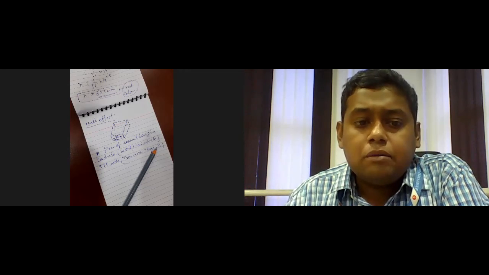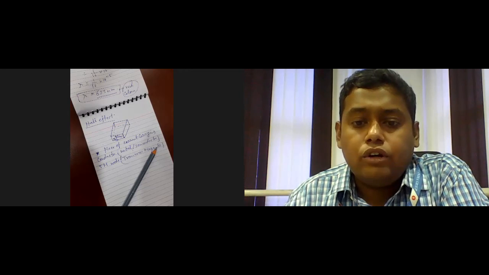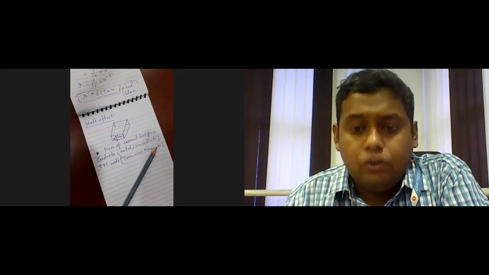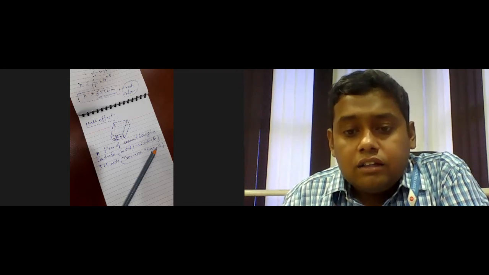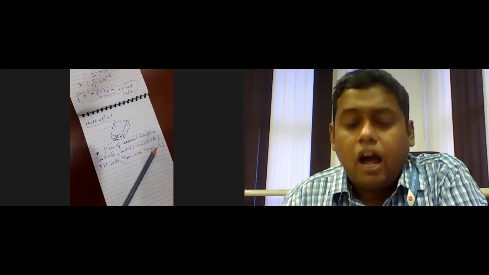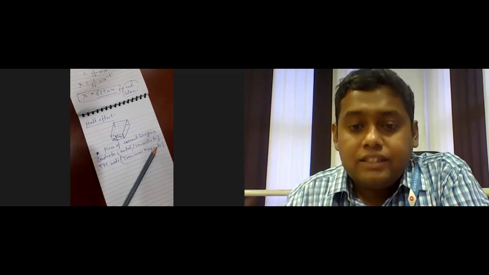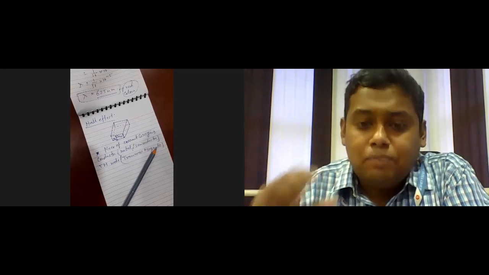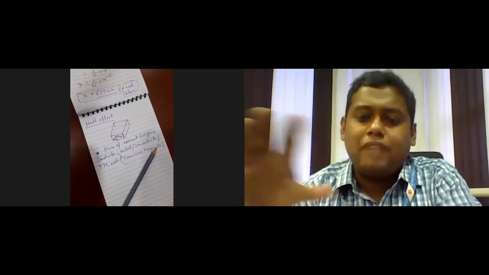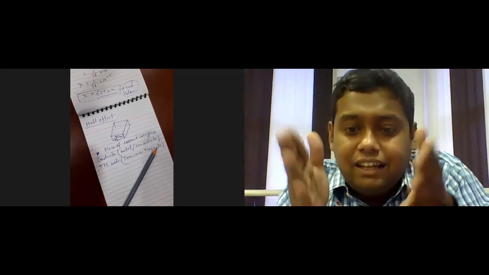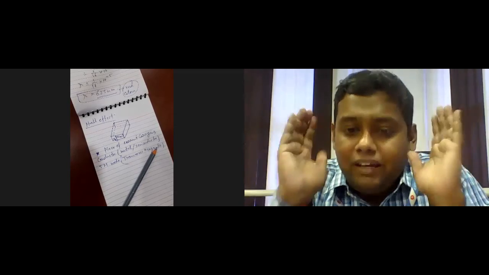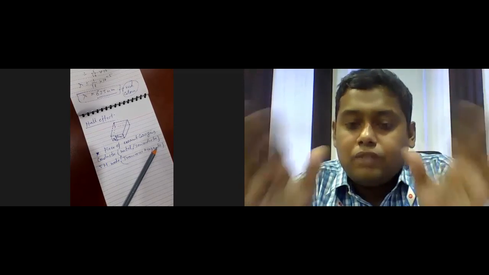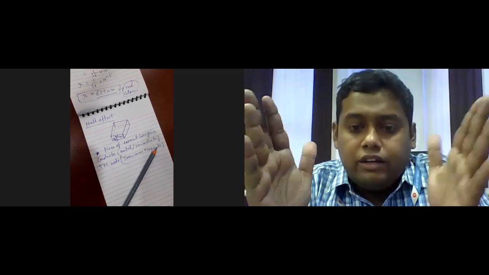Next class we will discuss the Hall effect, and on the basis of that we will continue with the properties of semiconductor. And next we will start the new chapter, the PN junction diode. How the PN junction is formed due to the change of the concentration gradient, the application of the diffusion and drift current, how the PN junction is formed, and what are the applications of that PN junction, that will be discussed in the next class. Please attend the class seriously and solve all the numerical problems. You will get very good performance in your semester exam.